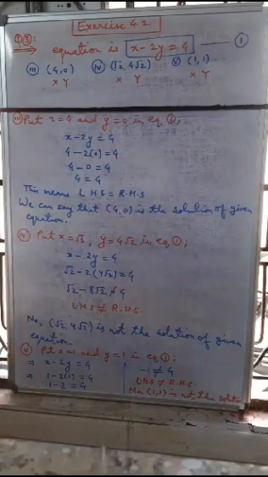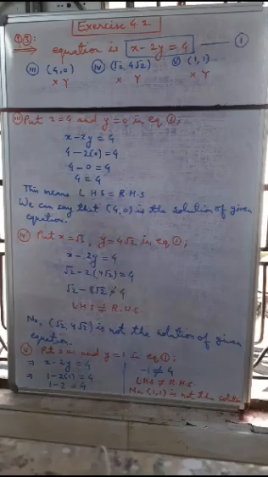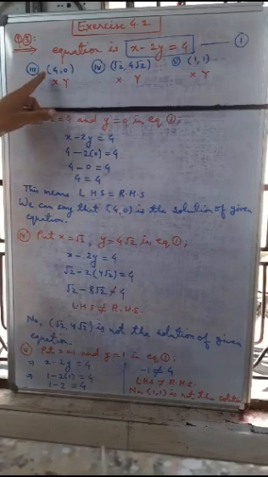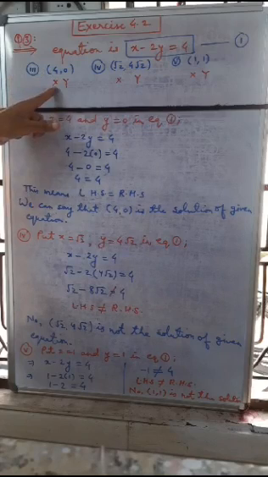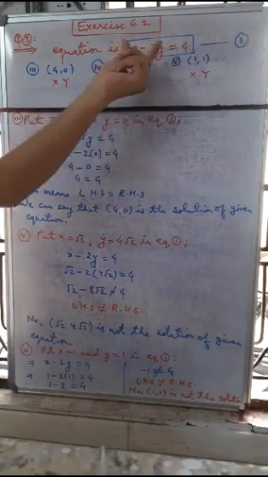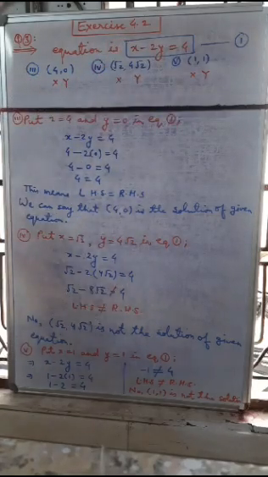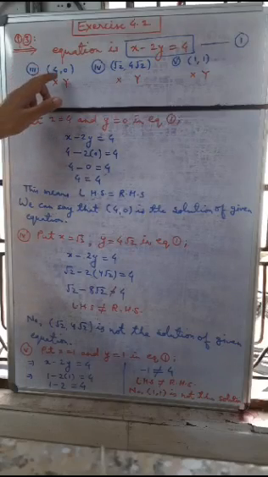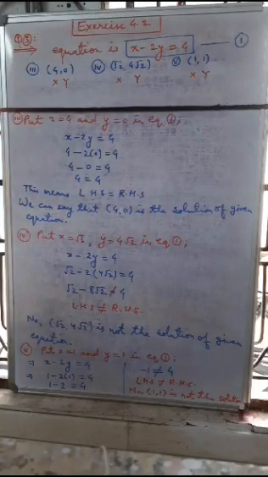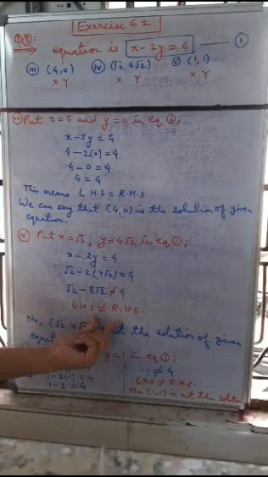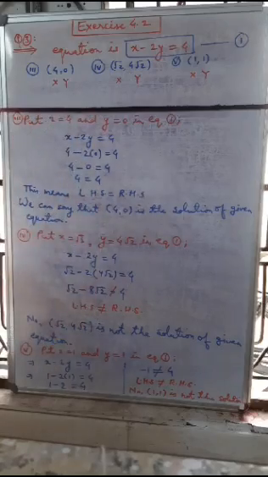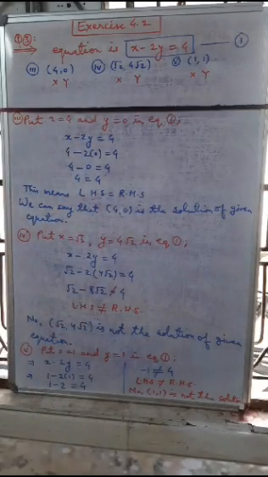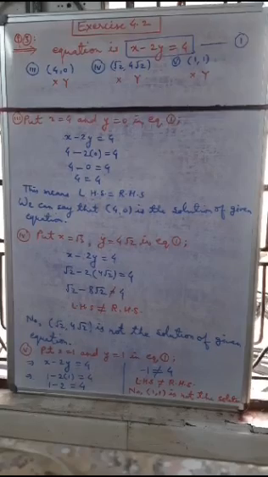So these are very easy questions. We are given points; the first number indicates the coordinate of x, and the second indicates the coordinate of y. So we can put both in the equation and check whether we get left hand side equal to right hand side. That means the given point is a solution of the equation. If the left hand side is not equal to the right hand side, the given point is not a solution of the given equation. Very easy question. So you must solve all problems like these.